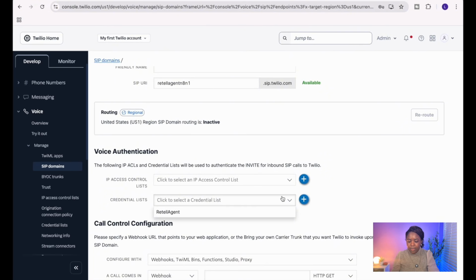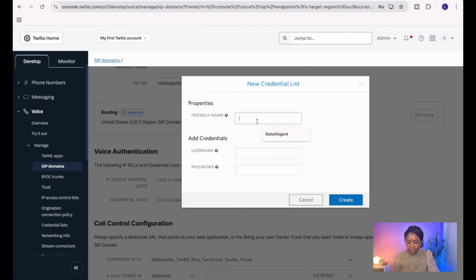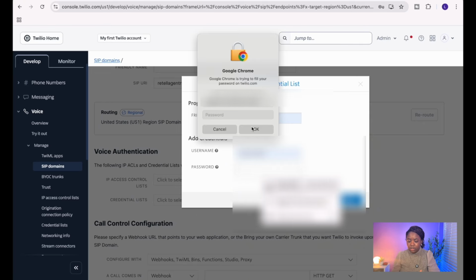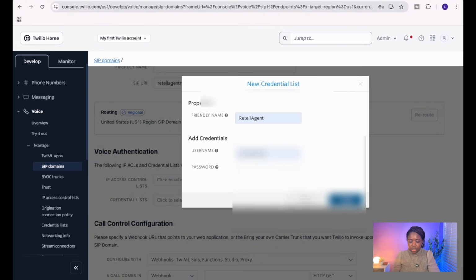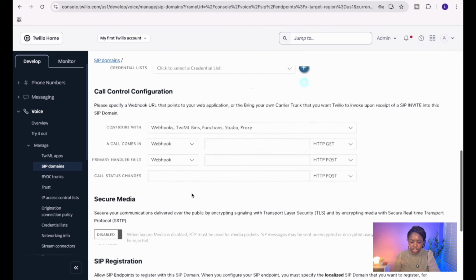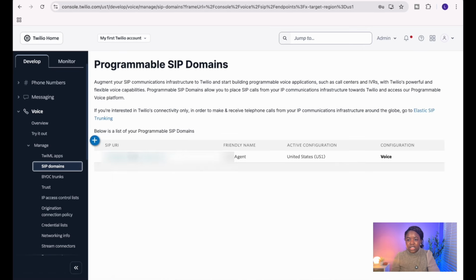So let's come in here, add our new credentials. You can give it a friendly name. You give it a username. And then you give it a password, okay? Once you give it a password, all you have to do is click on create. And then you don't need to do anything else. You just have to save it. And once you save it, you'd have your SIP URI here. So this is a SIP URI that you're going to put into